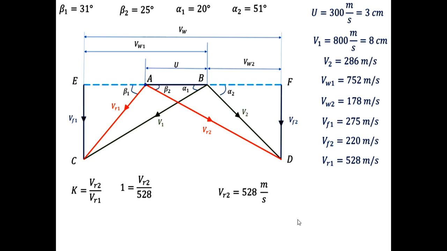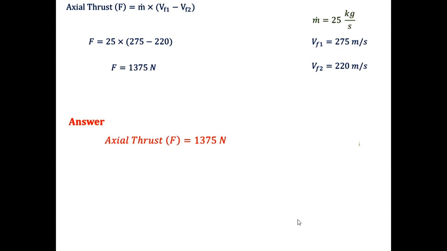Getting my point? This axial thrust is not useful for the blades to rotate in the tangential direction. This thrust is generated and it is going waste in the turbine. It is just acting on the bearings, not on the moving blades. So around 1.375 kilonewtons of force is wasted as axial thrust, only on the bearings. Point is clear?